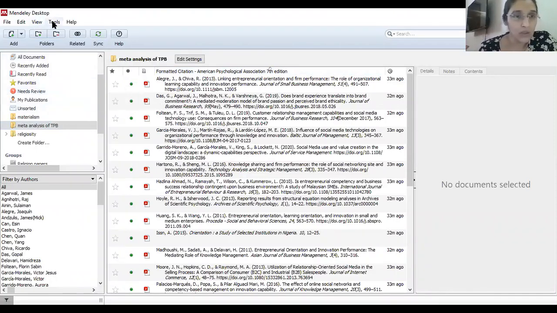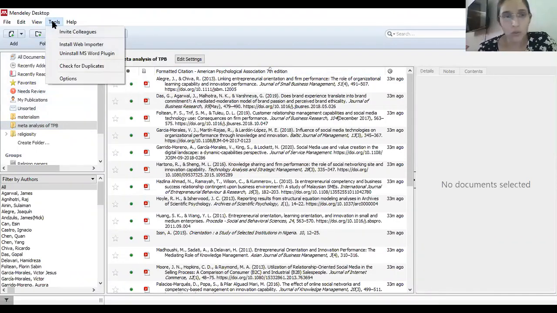Now, come to tools. You were asking how to install web importer. Some people said web importer is not installed. Please all of you go to tools, install web importer, and also install MS Word plugin.